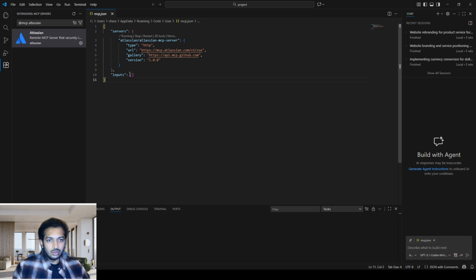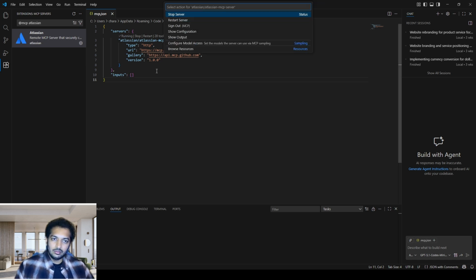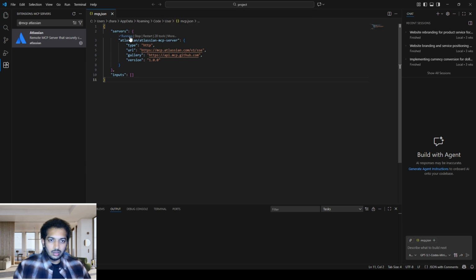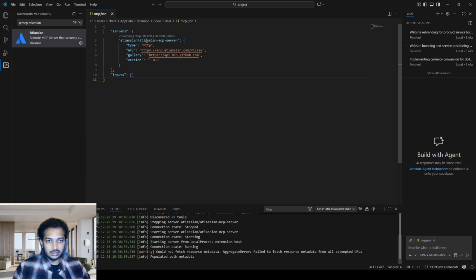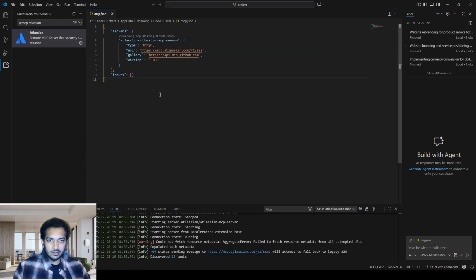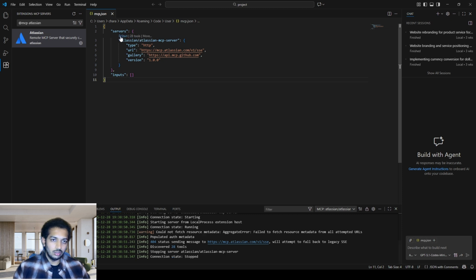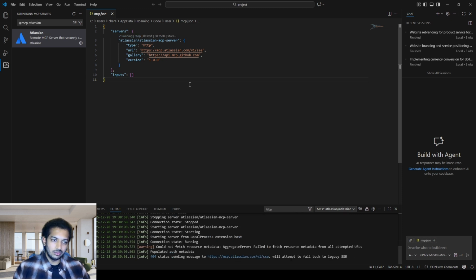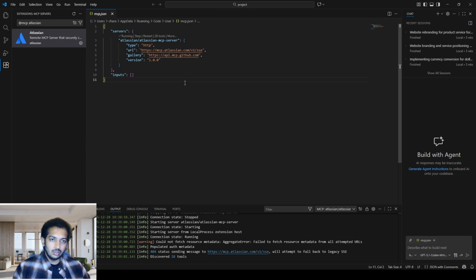So if you are not able to see the pop-up of the authentication, what you see is something like this. Currently it is running because it is already authenticated. If it isn't authenticated, there will be an option to connect. So if you click on connect, it will take you to the login page, basically OAuth, where you have to provide the access to Visual Studio Code. So once it's done,